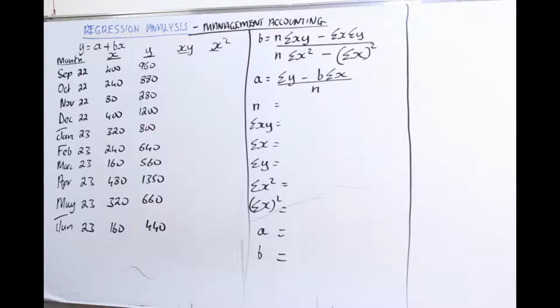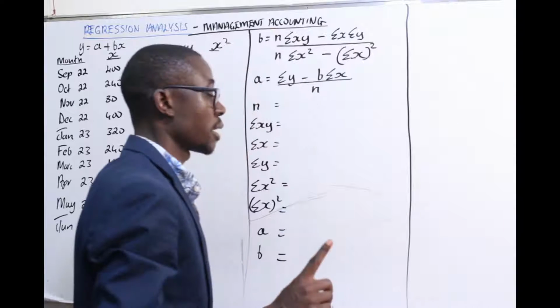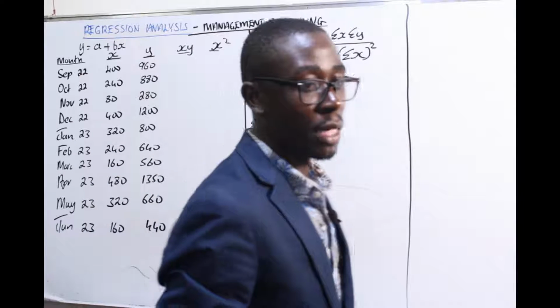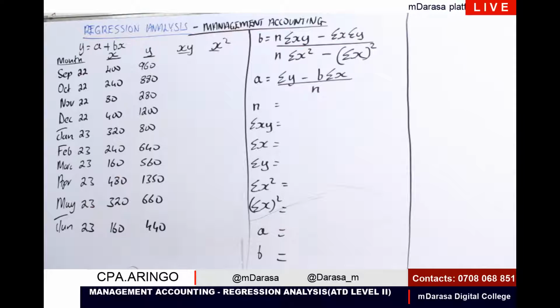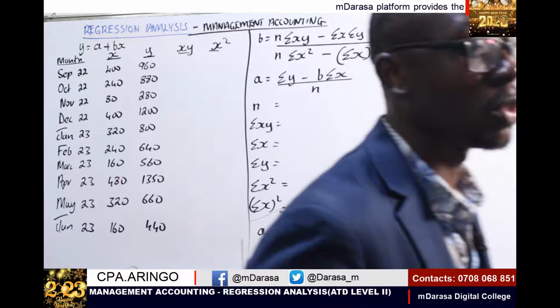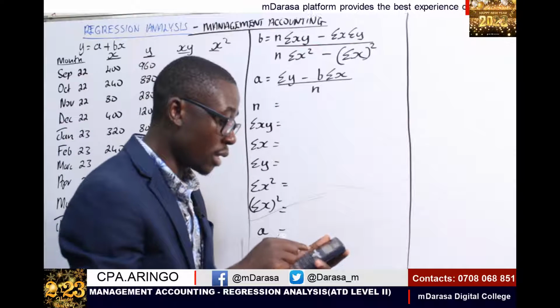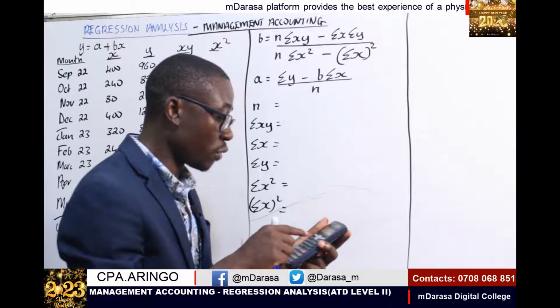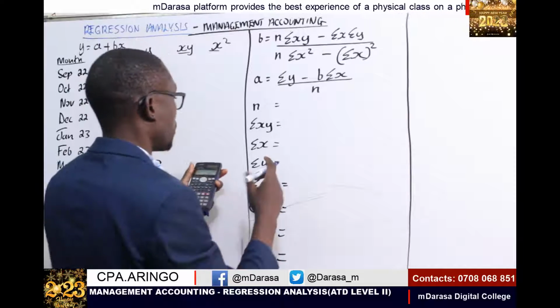Okay, so basically you'll find that using your calculator, that's the easiest thing that you can always tend to do. But one thing that I want you guys to always remember is as much as you're using this shortcut, what you need to make sure is that you are indicating your figures on your paper, what you're doing. Like say for example, when we determine the value of summation of x, just come and put your summation of x,